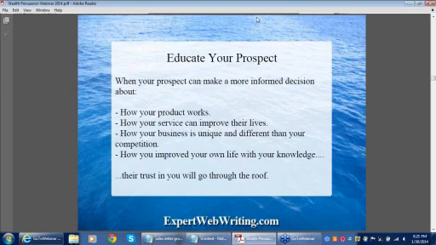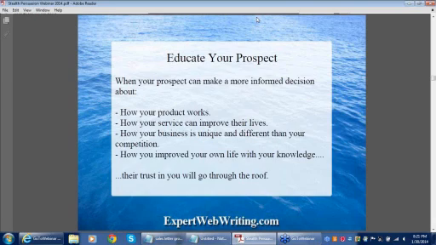When your prospect can make a more informed decision about things like how your product or service works, how it can improve their lives, how your business is unique or different than your competition, and how you improved your own life with the knowledge that you're trying to sell to them, their trust in you will go through the roof, and you won't just build followers or customers out of your prospects. You will build raving fans.